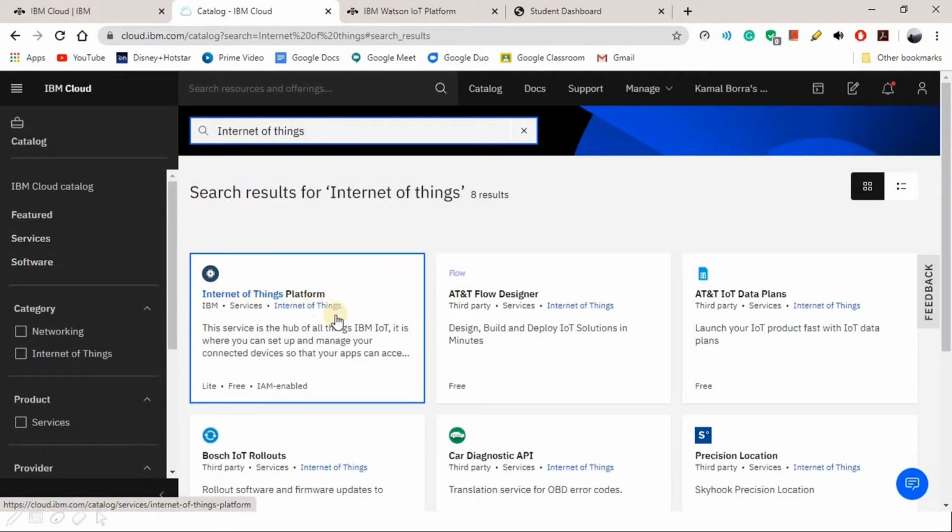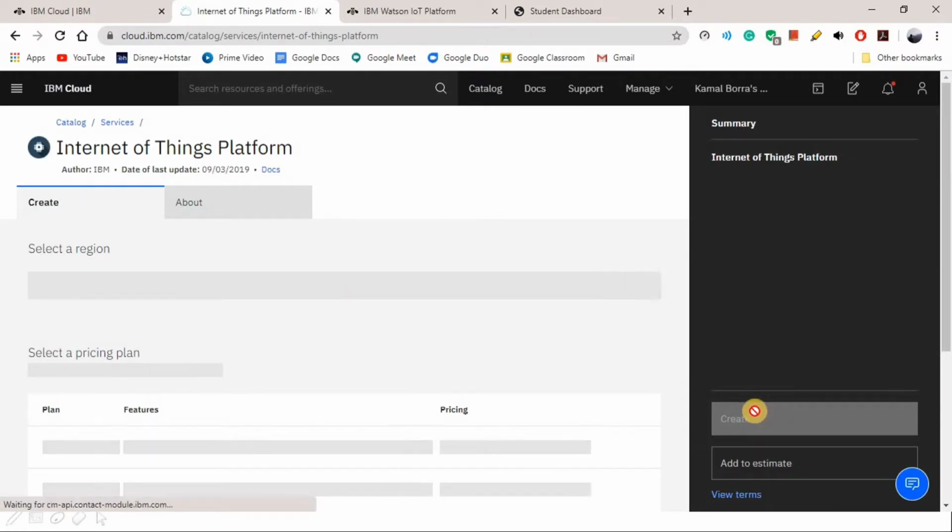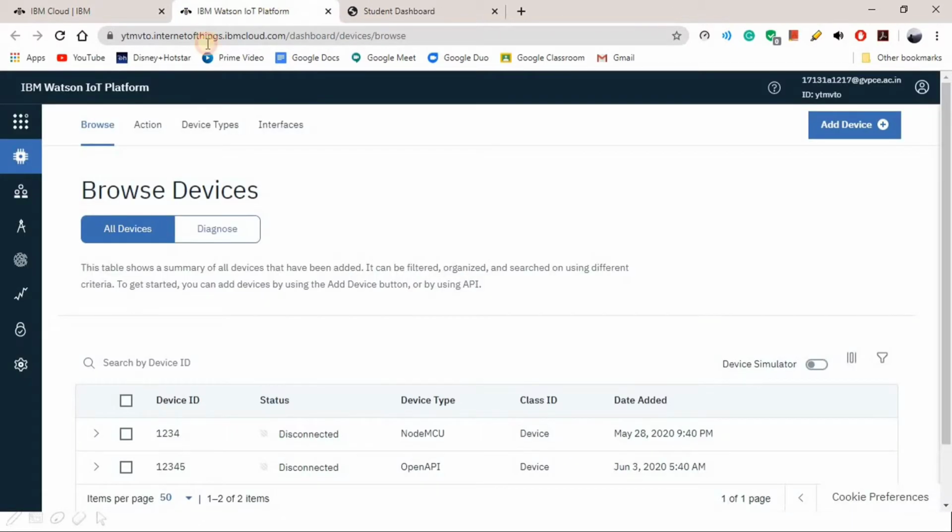This was Internet of Things platform. Go to this. As I have already created this platform, the create option is disabled for me, so I directly launch the platform.